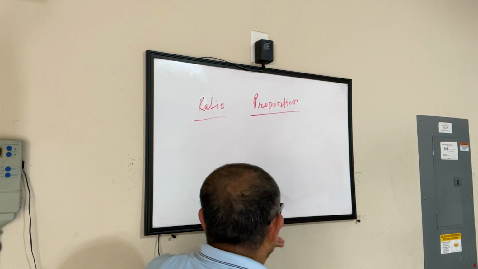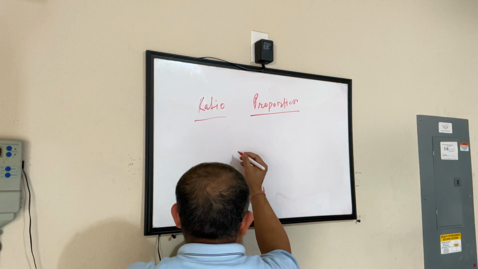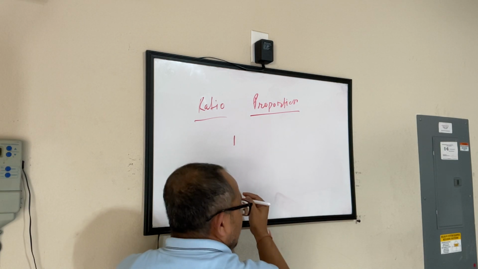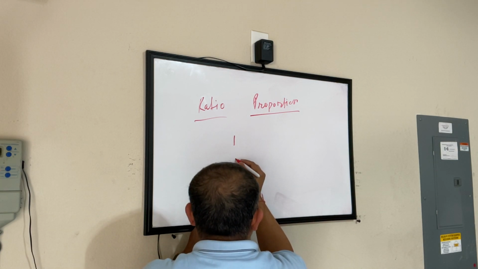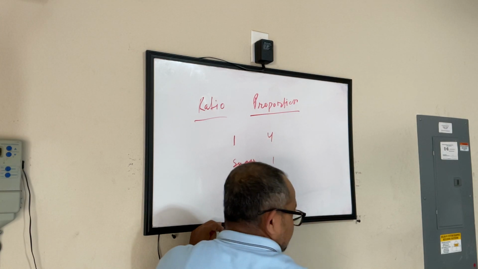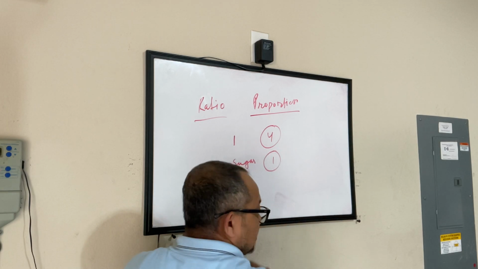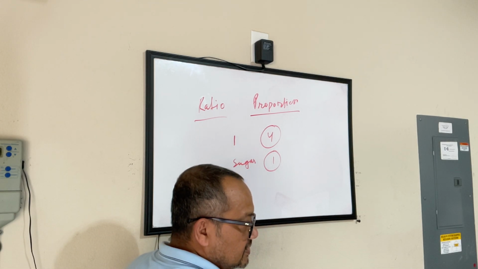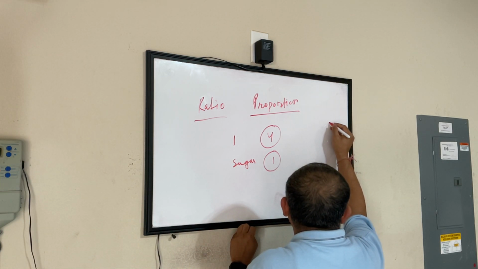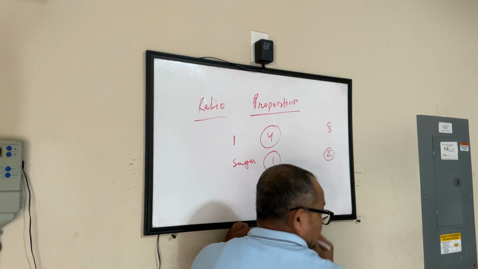Okay. Now look at the situation. Let's say anybody who is interested in baking, right? If I'm making a cake, I'll probably put the flour and sugar in a 4:1 ratio. Meaning if I'm taking 4 cups of flour, 1 cup of sugar, this is the proportion in which I'm going to use. So if I'm making a bigger cake, I'm taking probably 8 cups of flour and 2 cups of sugar.